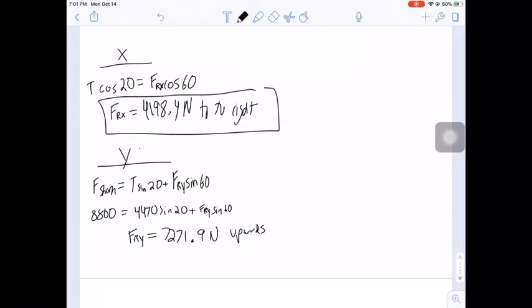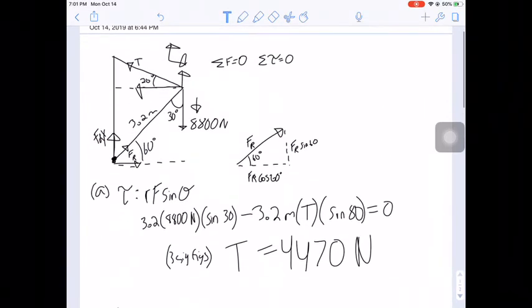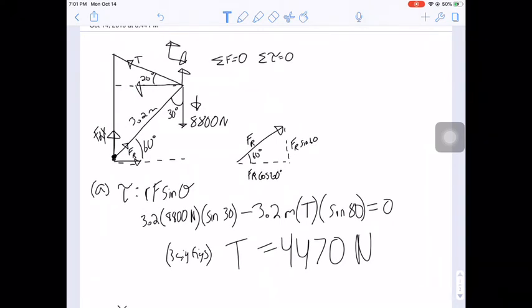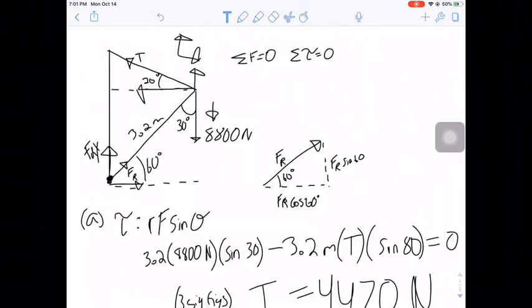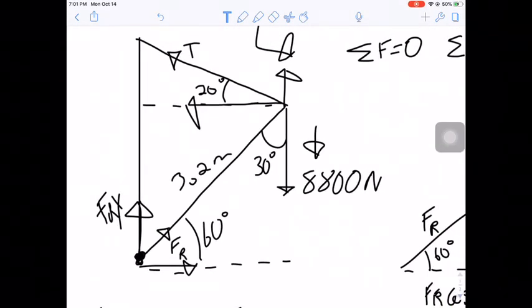Something to watch out for in this problem is to make sure that you're using the right angles. Basically, I learned how to set up torque equations and how to use force and torque together. I learned how to pick a pivot point, and that the forces acting at that pivot point go away, which sometimes helps you solve for other parts of the problem. So yeah,